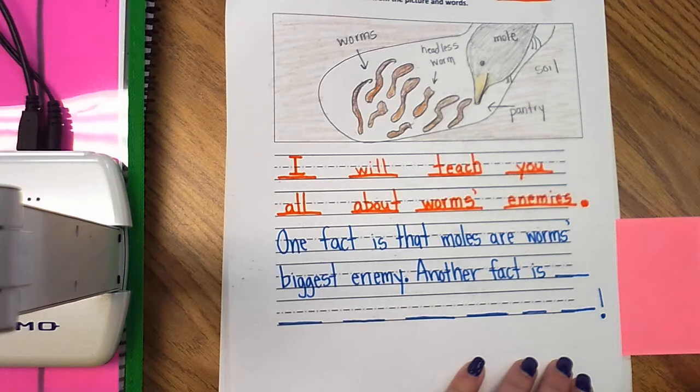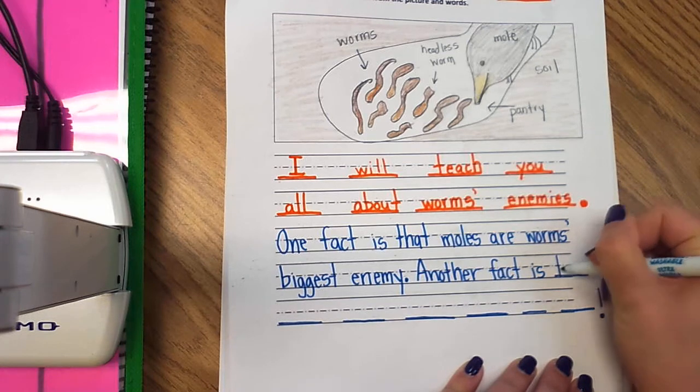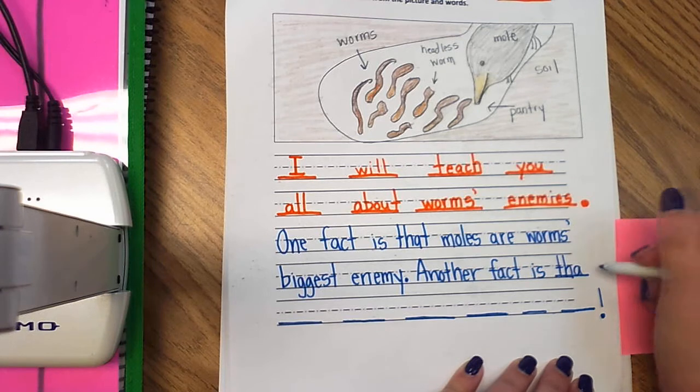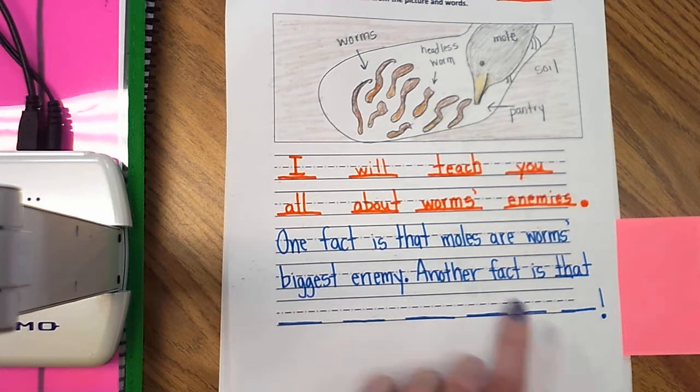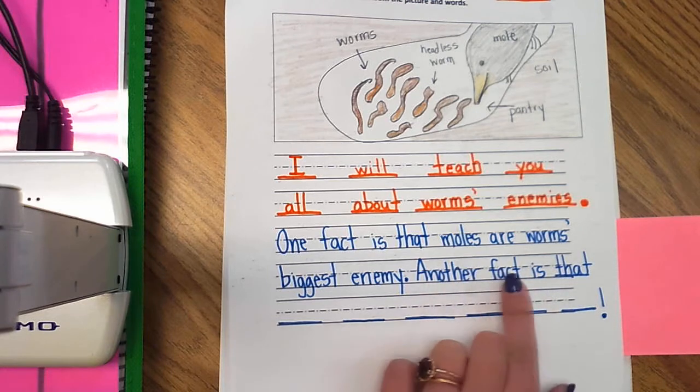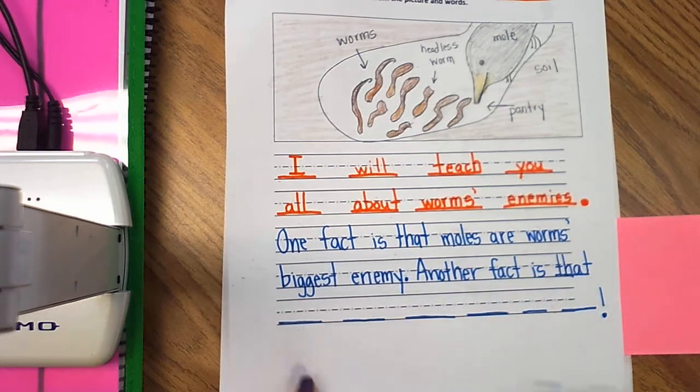What digraph makes that th sound that makes your teeth tickle, kind of like feather? If you said TH, kiss your brain. Short A, that. Another fact is that. Notice, friends, how I go back and reread my sentence like a million times as I'm writing it so I can remember what I'm writing. Another fact is that moles,